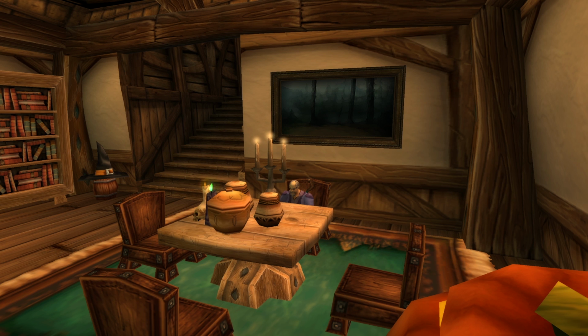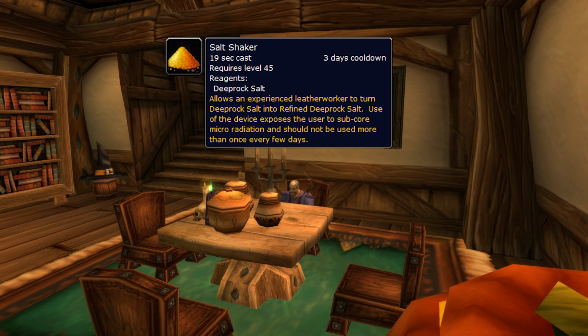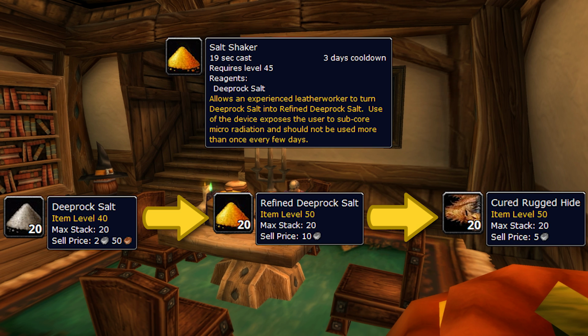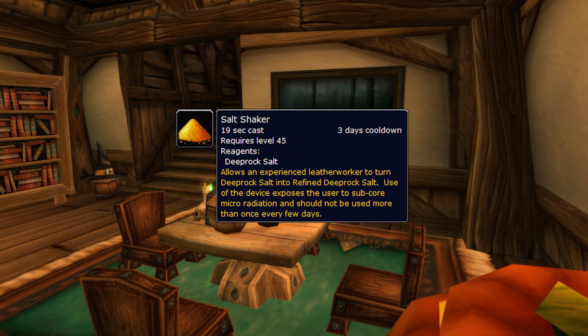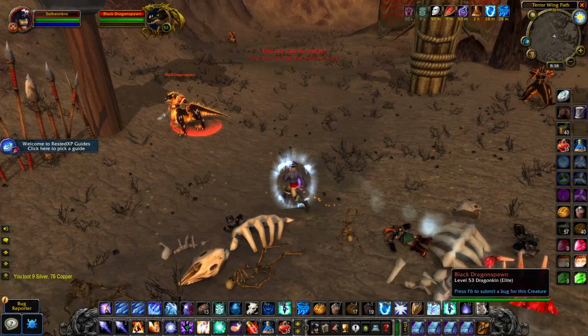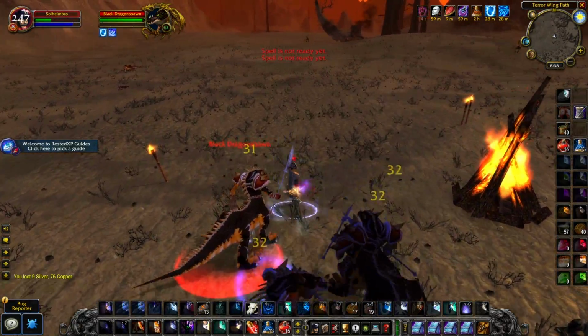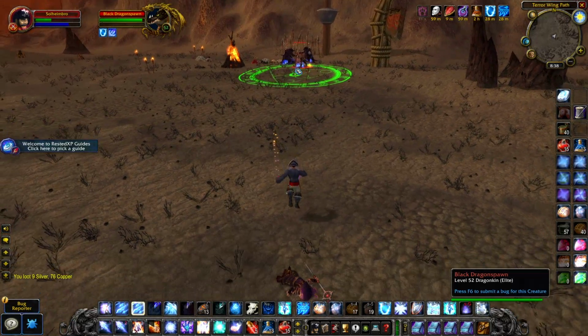Next up is leatherworking, and as a leatherworker you can make some semi-passive gold through crafting the cured rugged hides. Or I guess I should say, through the salt shaker craft, which turns a deep rock salt into a refined deep rock salt, and that refined deep rock salt is used in crafting cured rugged hides. This is done on a 3-day cooldown, and in Classic WoW this was actually more profitable than mooncloth crafting was through tailoring, and I imagine that is because leather was more difficult to obtain than cloth, because cloth was being pumped into the market from mage boosting, and even though mage boosting will not be a thing in Season of Mastery, I still imagine the market will be flooded with cloth from open world farms,